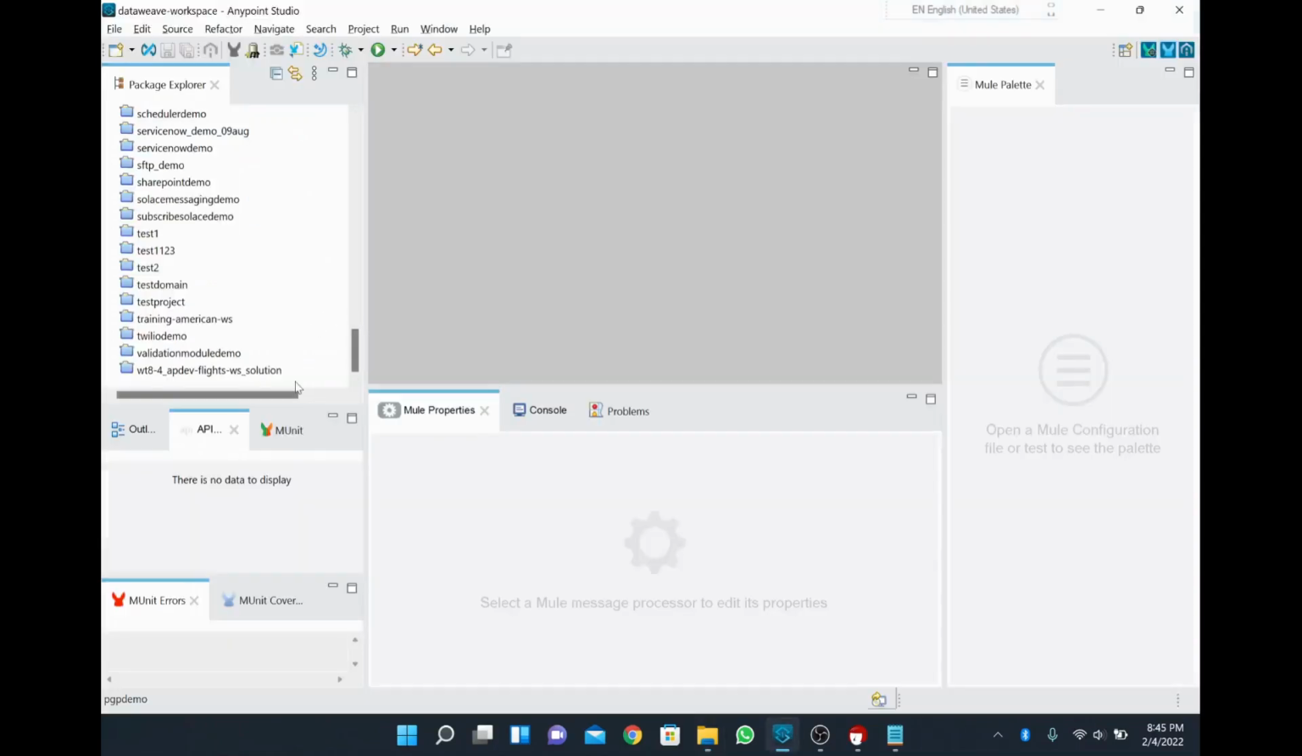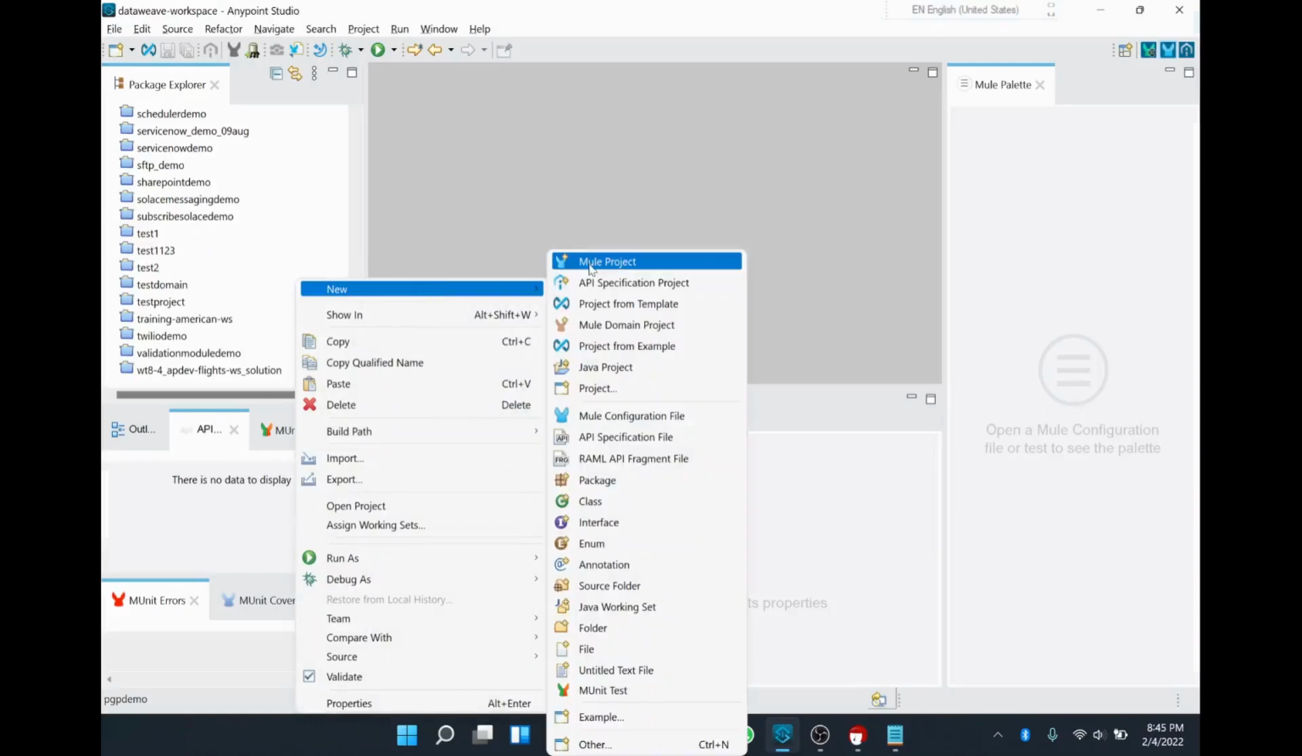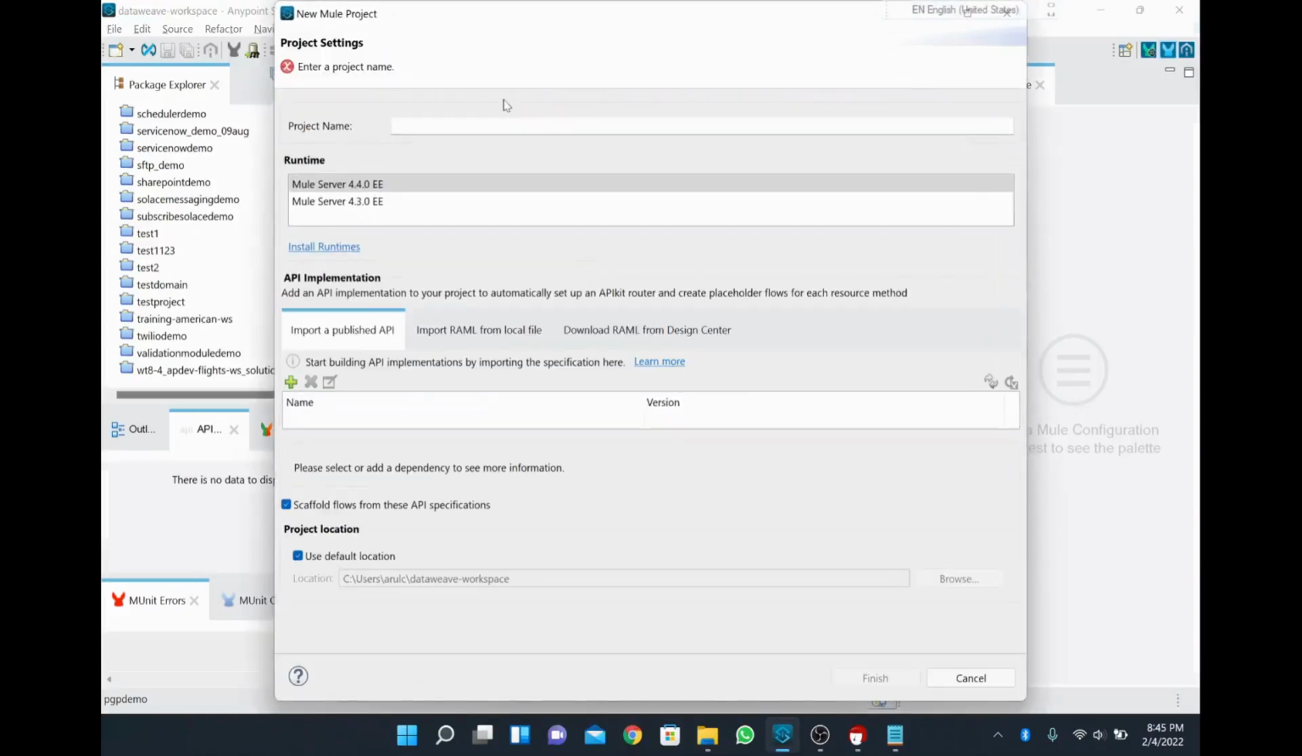So I just open the MuleSoft Anypoint Studio and create a simple new project, which I'll call Encrypt and Decrypt PGP Demo. This is my project name. I'll click finish, and this will be a very simple project where I'm just going to have one listener